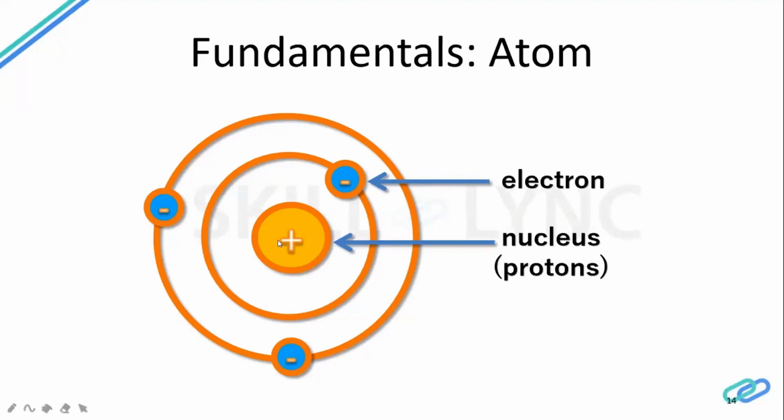An atom has a proton inside it. This plus is the positive proton and this negative is the electron. The electron revolves around the atom. You might have studied in your school, in your higher secondary or high school, how an atom works. Or for those who never studied, you can imagine an atom like a solar system, with Earth and other planets revolving around the sun. So I'm going to use this atom as one qubit, as one block which I'm going to use to store a number inside it.